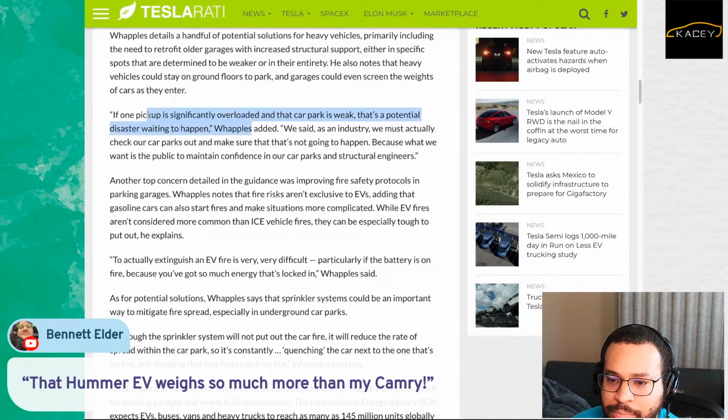If a pickup is significantly overloaded and that car park is weak, potential disaster waiting to happen, he says. We said as an industry, we must actually check our car parks out and make sure that that's not going to happen. Yeah, absolutely. Because what we want is the public to maintain confidence in our car parks and structural